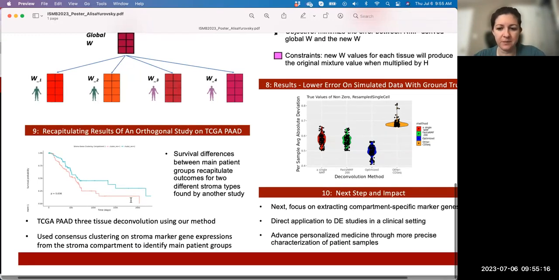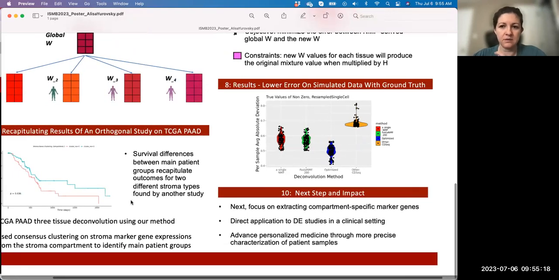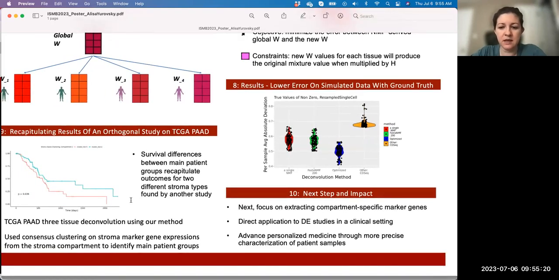So next, the things that we will focus on is getting these compartment-specific marker genes where we don't actually know what the tissue is, so automating this process. Then we're going to apply this work to differential expression studies from some clinical data. And then we're going to continue refining this work because we feel that it has a great potential to